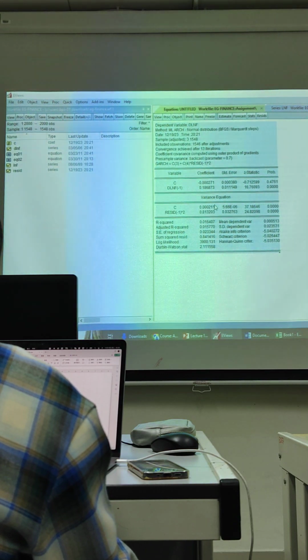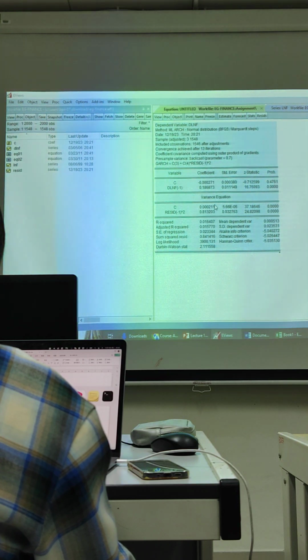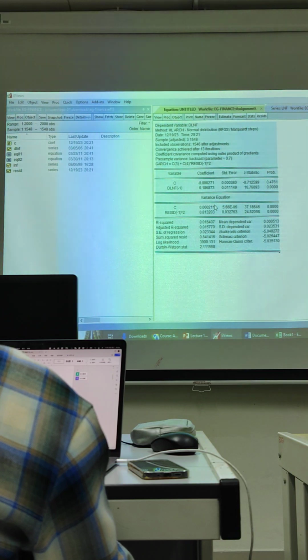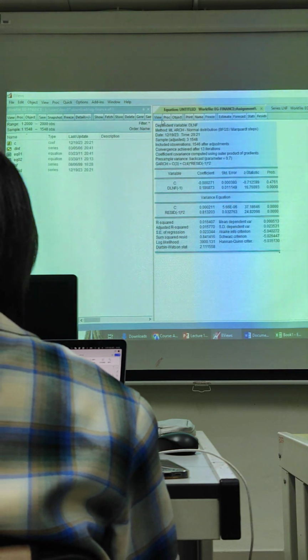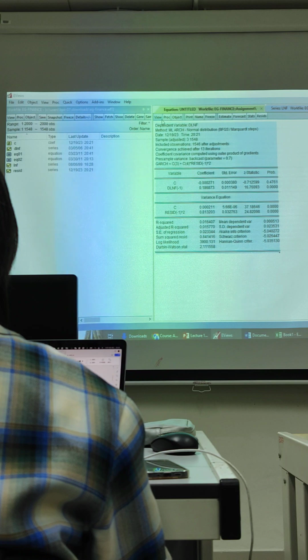Then your students or friends will ask, is this the final model, is this a good model? Because as we are aware, in the ARCH(1) we just impose P equals 1, Q equals 1, and I just want to use the simple model. Is this the best model? So how are we going to diagnose it? The normal practice in this field is we diagnose the model until it no longer has the ARCH effect. That means if the final model has no ARCH effect, then that is the best volatility model.